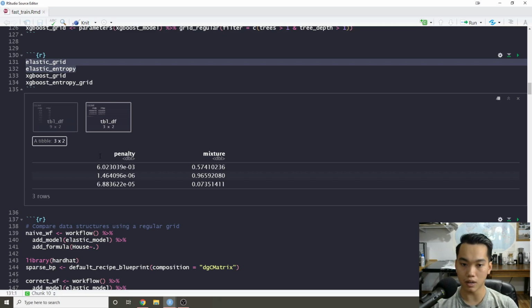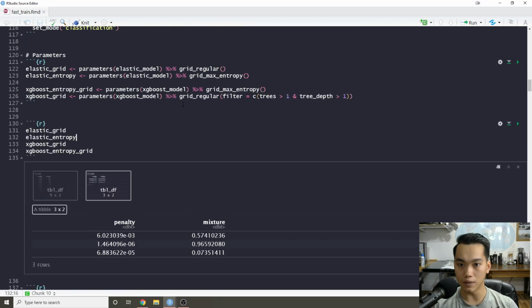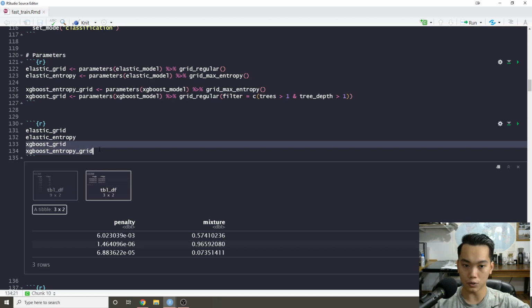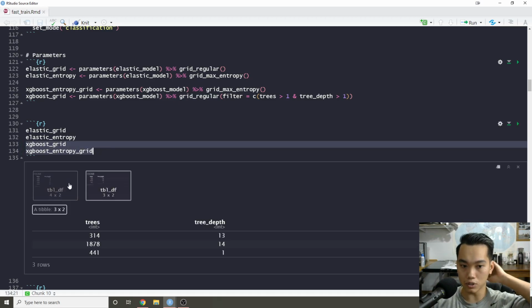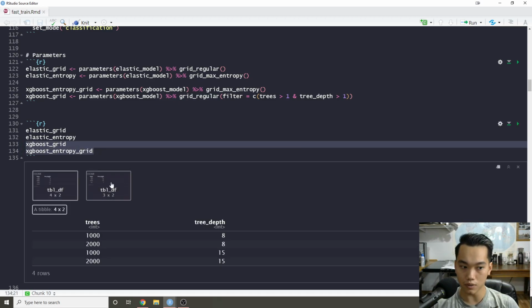which will generally show you, if you're not sure how much you should penalize and stuff like that, you could get better results, or at least faster training times using a different grid. Additionally, I've already gone over this in some past videos, but applying some actual filtering to your grids will make more sense, even though TidyModels will give you a pretty good default list of parameters. They will give you some weird ones, where if I have an XGBoost model and I basically know that